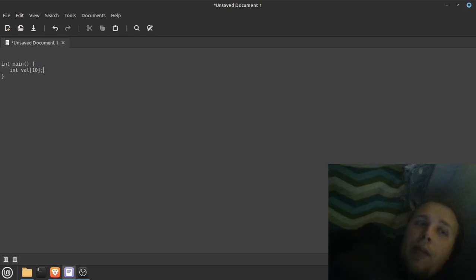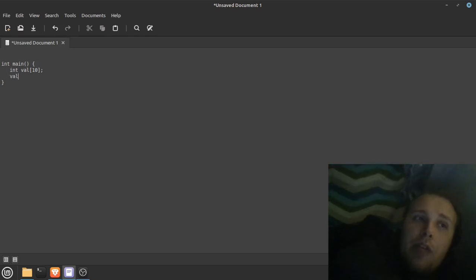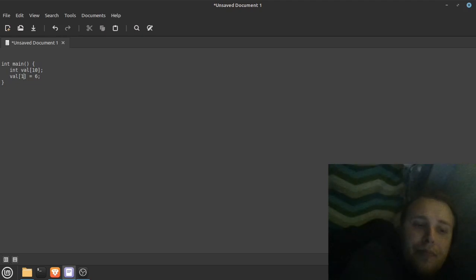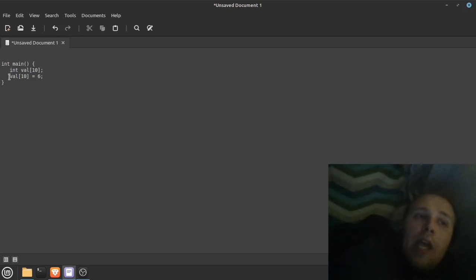So, for example, if I did val[10] equal to 5, this would be a simple mistake you would think to make. Oh, this is 10 items, so I can obviously address the 10th element. But because we're in a zero-indexed language, the 10th element is actually 9. But because we access 10, what happens when we do this? Well, if we had a single value here, like int x, or we would call this foo, just for the sake of avoiding confusion,